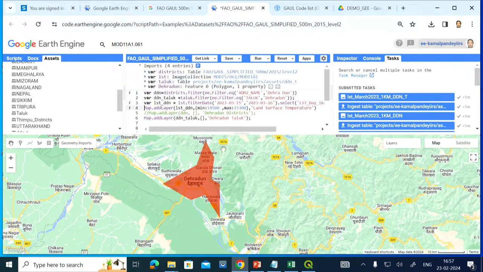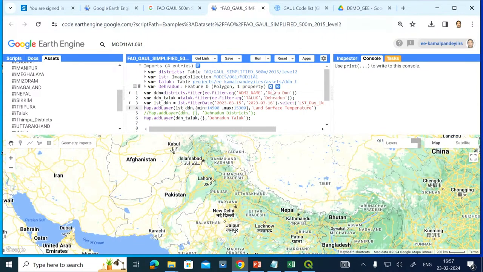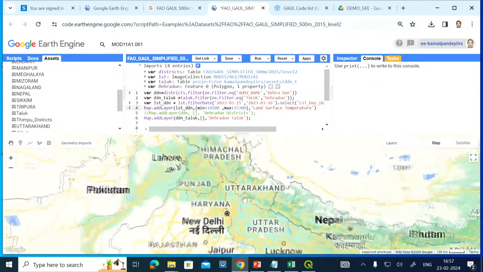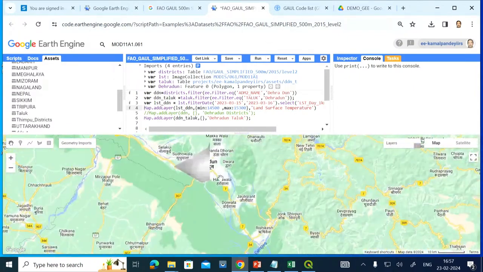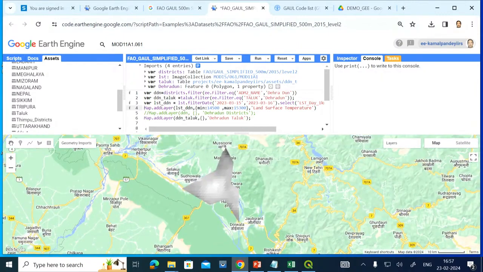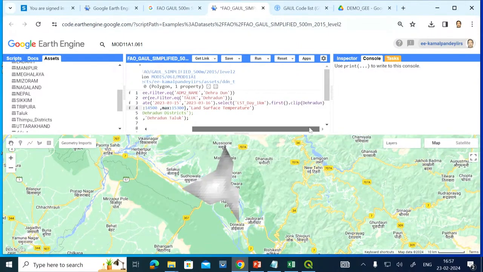Now let us try to run it. Here also this boundary I can switch off. Let us see if there is an error or if it is coming correctly. Yes, it is coming perfectly all right. You do not have the taluk now, you require only the dataset of the city. You can see I am able to get the data of only that part. What I have done is only change the clip part, where I have written Dehradun.